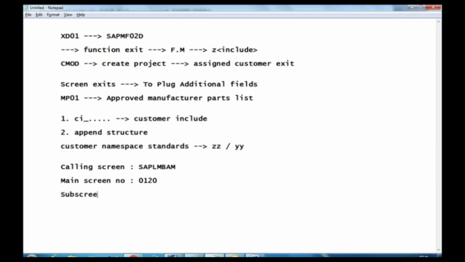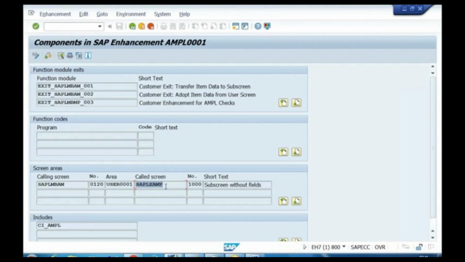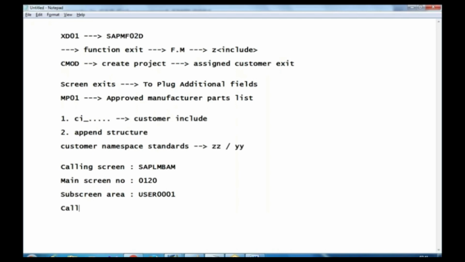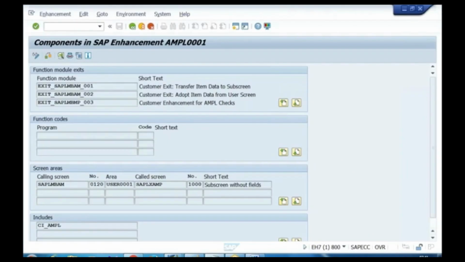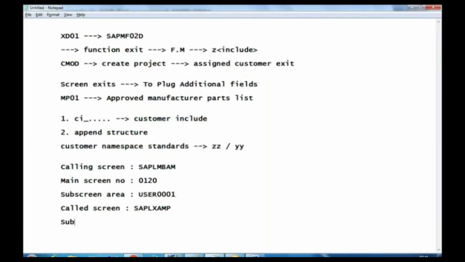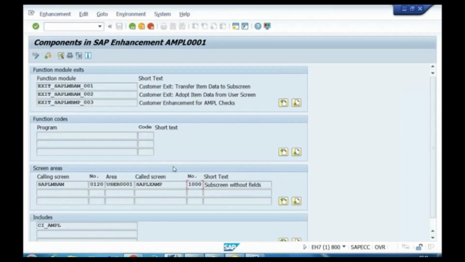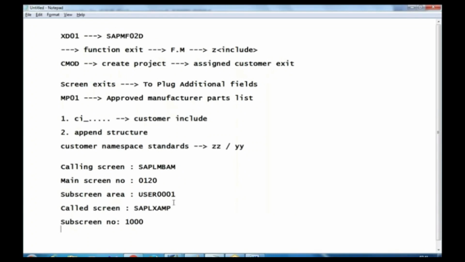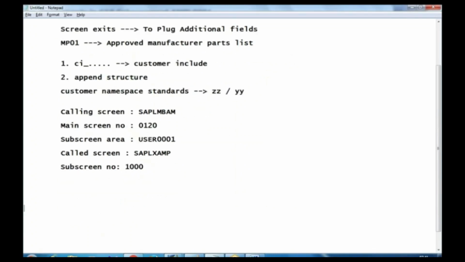So this is the subscreen area. Done. Next, called screen, it seems. Then this is your number. Earlier one is the main screen number, this is the subscreen number. What they are saying is a subscreen without fields. Why I collected this information: I already told you we require knowledge of basic ABAP,